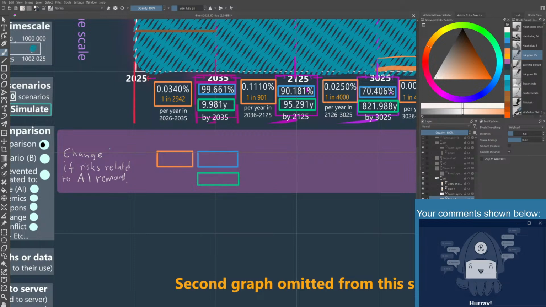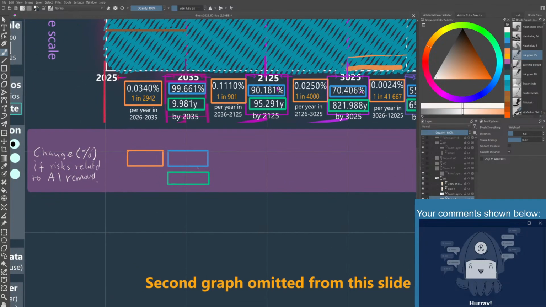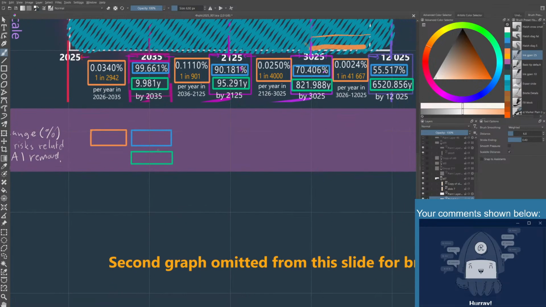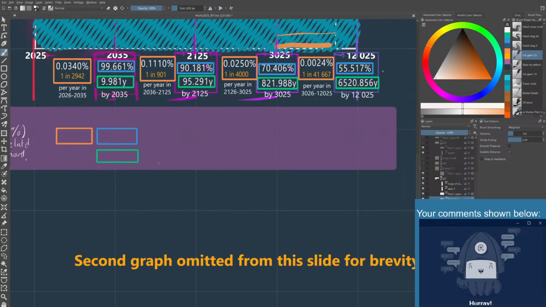Change. And so this gets kind of tricky, that we should be talking not about change in terms of percentages, but in terms of percentage points, because we are looking at percentage points as an outcome, but they are kind of like